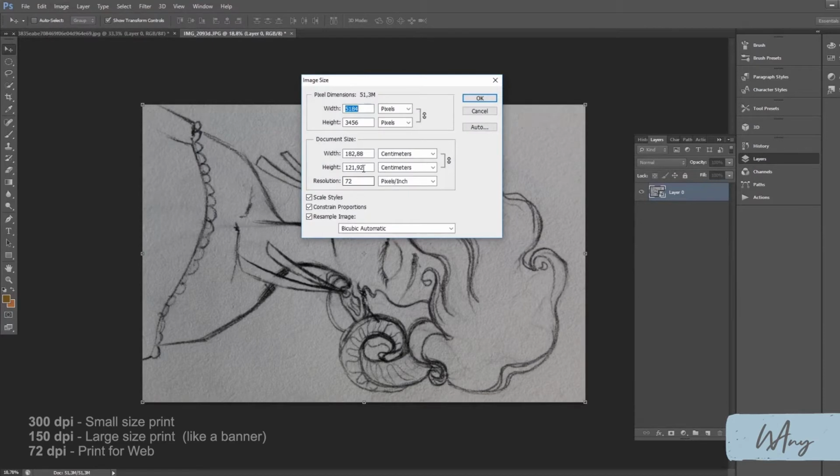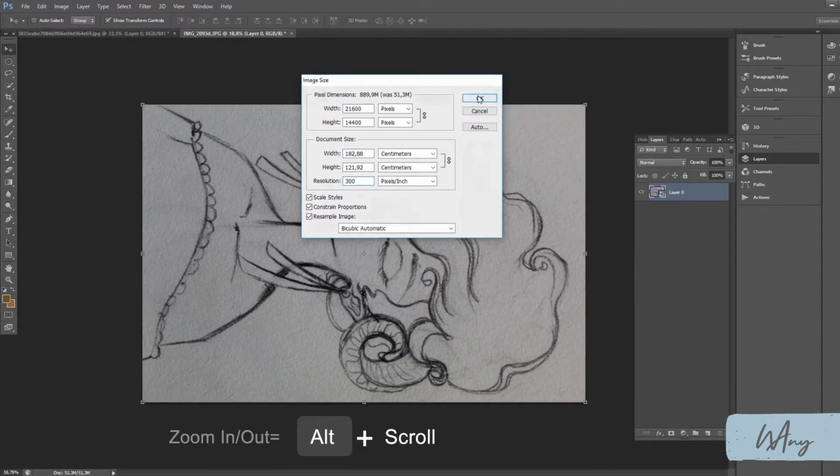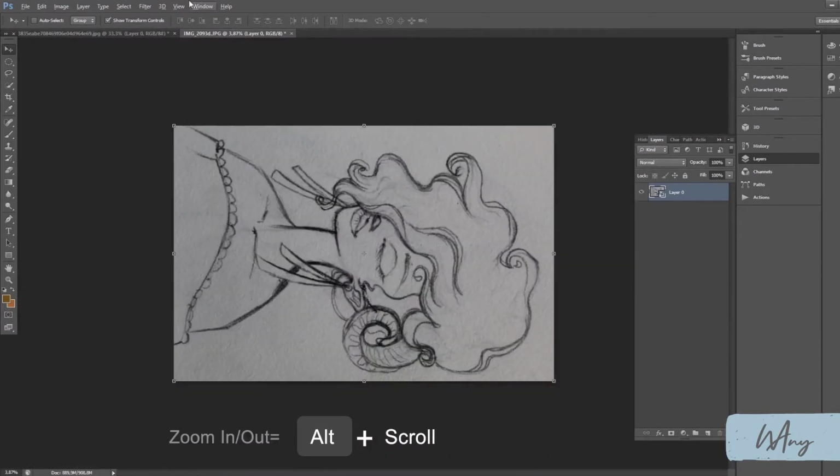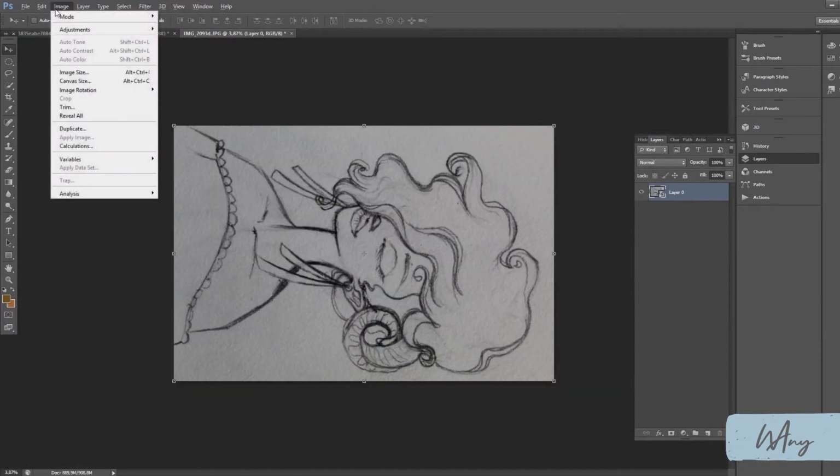We have 300 for the small print, 150 for large size print, and 72 for the web. Rotate the picture, you go to image rotation,